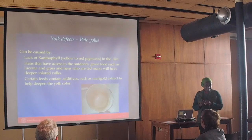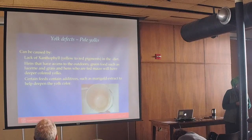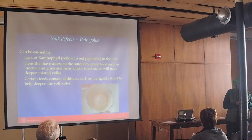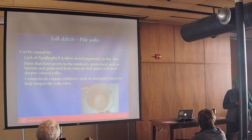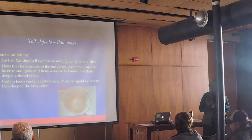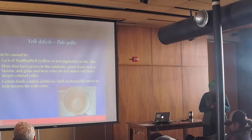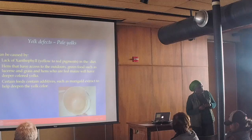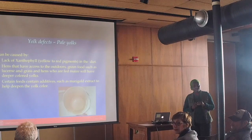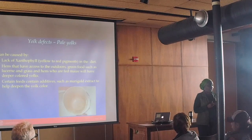is the best. Tell me, why are European eggs so much darker than our eggs? I mean, they're deep. Do they feed marigold extract? In most of Europe, they have a lot of their birds outside. In fact, in 2012, they banned the use of cages in Europe. So all their commercial birds, no cages. So they have to have their birds outside. That's part of the EU